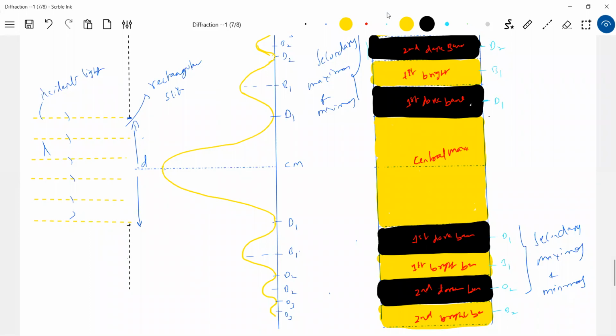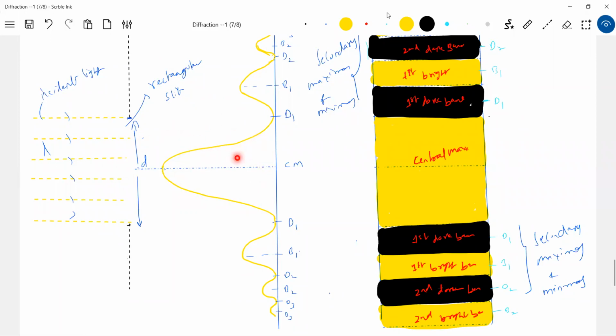What we are discussing now is Fraunhofer only, not Fresnel. In the NCERT book, they have not shown the lens. Here I'm going to bring the lens. I'll keep a point source and a lens, which will produce a parallel beam of light incident on a slit. Then one more lens, so that the pattern is obtained on the screen and we can easily visualize it. That is nothing but Fraunhofer diffraction.